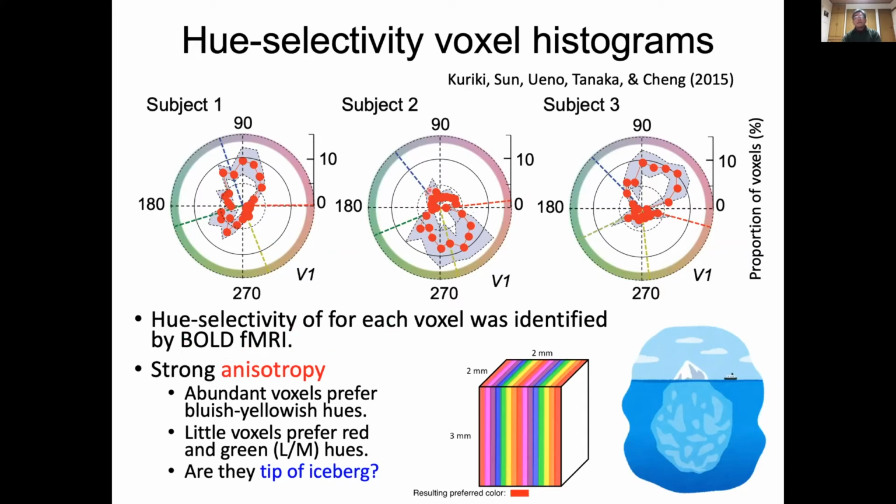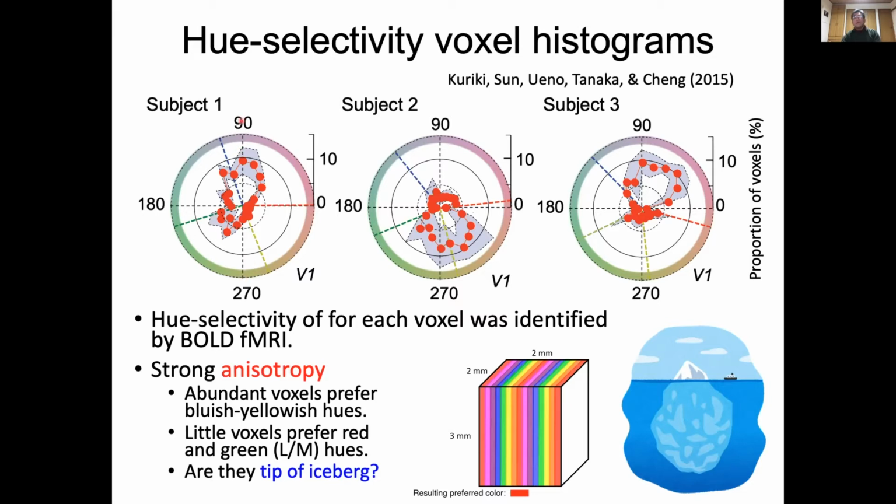The three panels on the top show results from three different participants in primary visual cortex. Each radial plot shows the population of hue selective voxels by distance from the center of the chart. The horizontal axis shows the L versus M opponent selective direction,